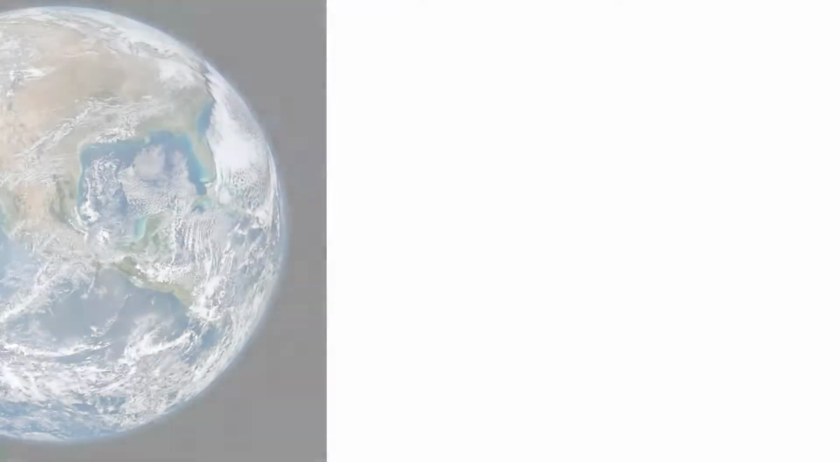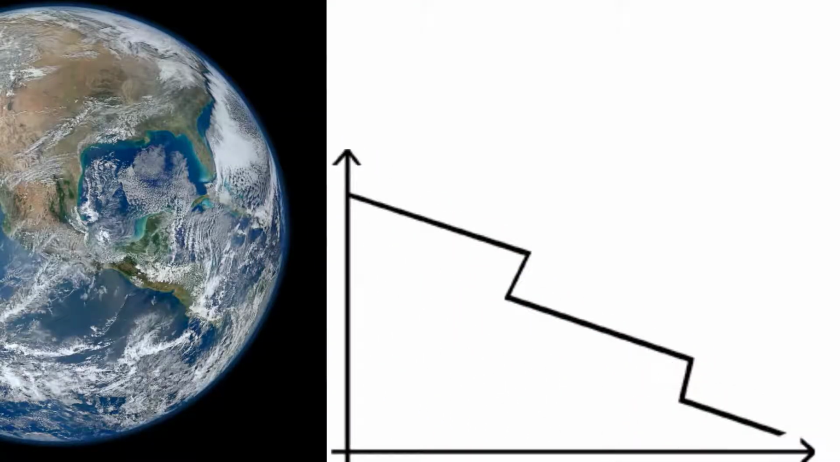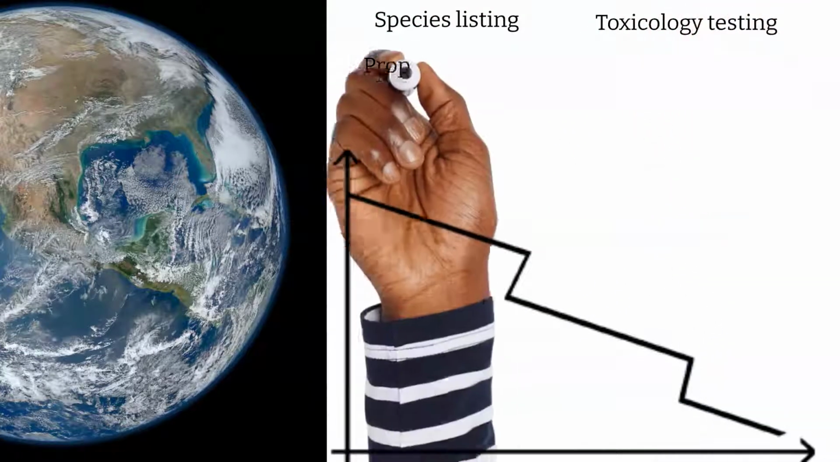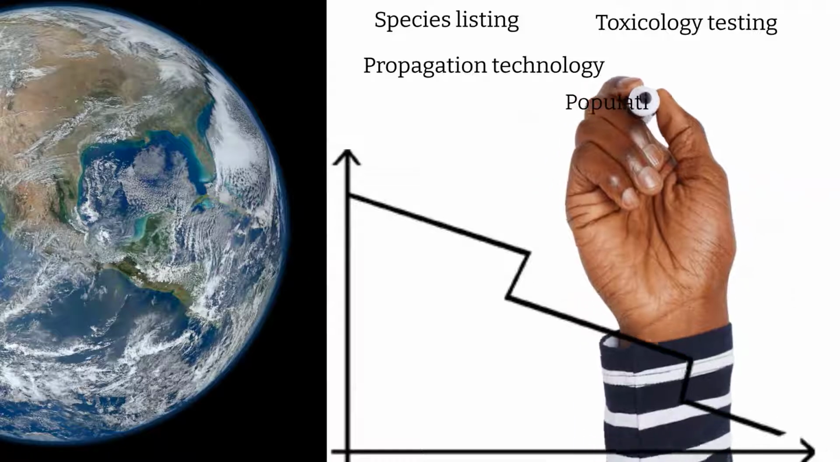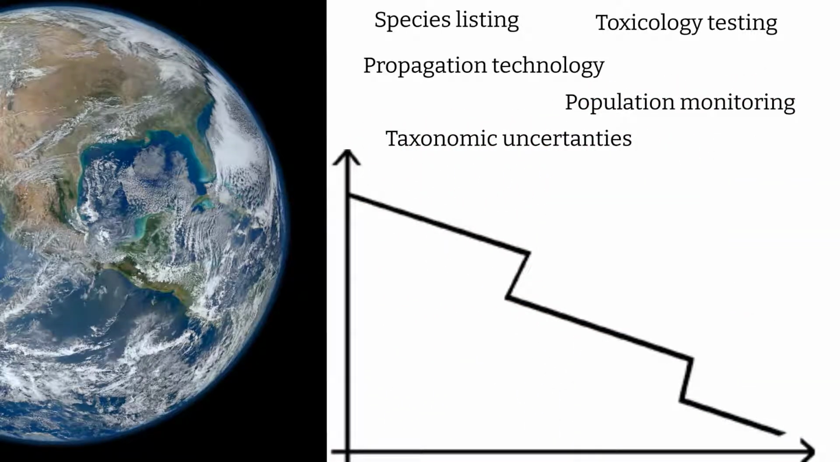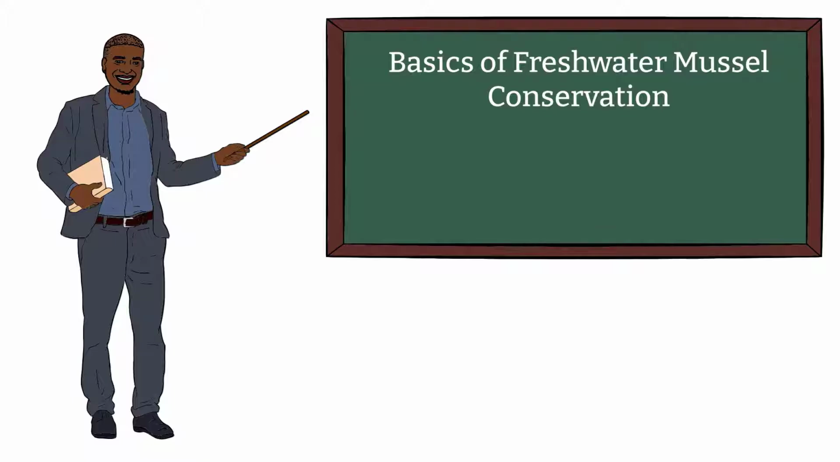The global decline of freshwater mussels is a complex and time-consuming problem to tackle. The more hands we have on deck to deal with species listings, toxicology testing, propagation technology, population monitoring, and taxonomic uncertainties, the better. However, increasing the number of hands on deck means training more people in the basics of freshwater mussel conservation. In this presentation, I will share the extreme Cliff Notes version of my 5-step training design process that